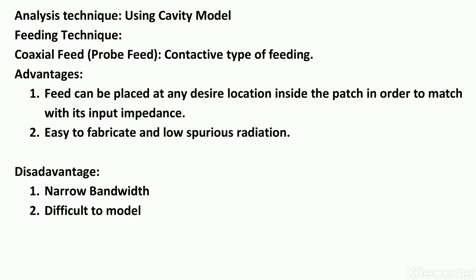So I will quickly tell about the advantages of the circular patch antenna. It has various advantages: it is lightweight and low volume. It also has a low profile planar configuration which can easily be made to conform to the host surface. It has low fabrication cost, hence can be manufactured in large quantities. It supports both linear as well as circular polarization. It can be easily integrated with MICs, that is microwave integrated circuits.